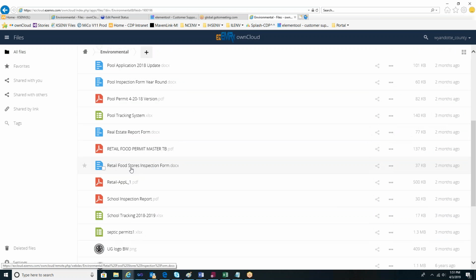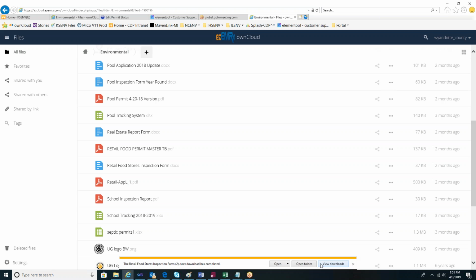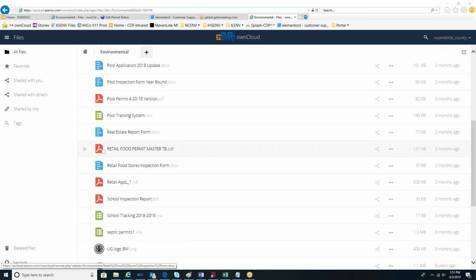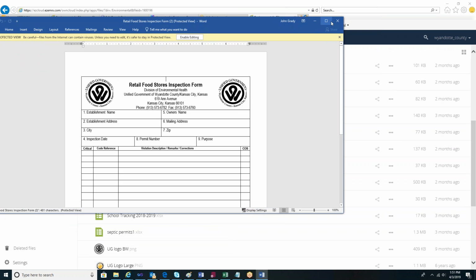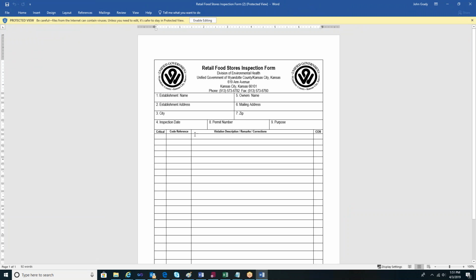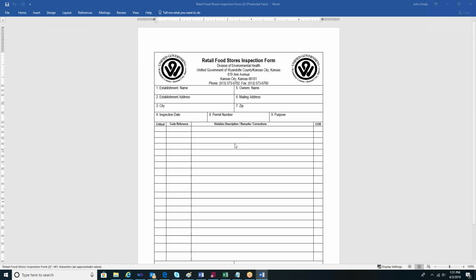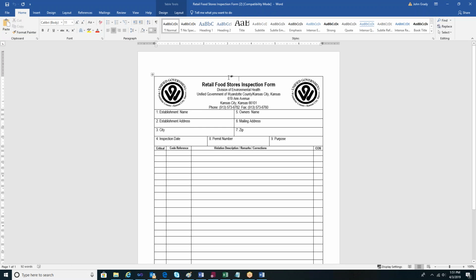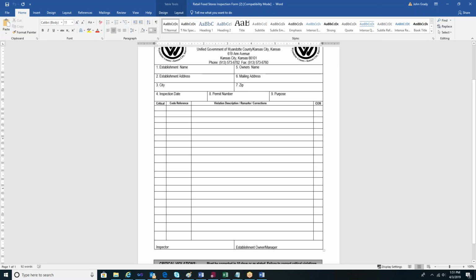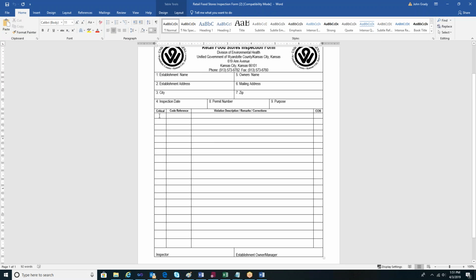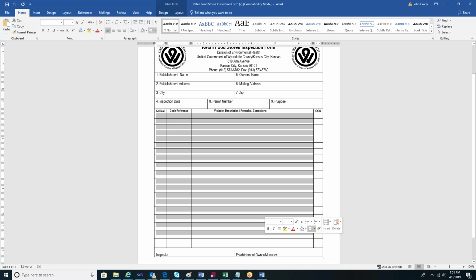The inspection form is there too. So this is pretty standard. I didn't really see any gaps here. I'm assuming since this is blank here, that